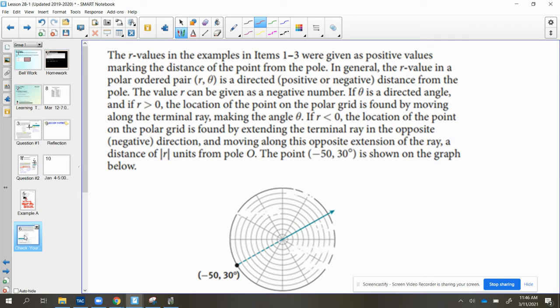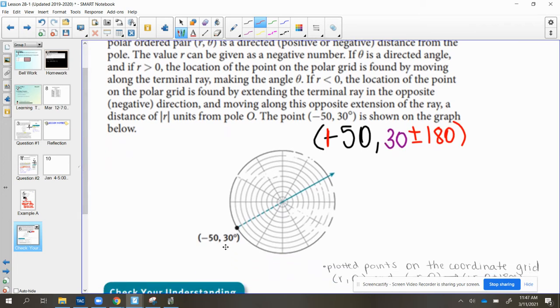All right. Now, last but not least, the last big thing for today is what happens if there is a negative in front of your R value. Well, in order to convert this from negative back to positive, you're going to take your theta value, and you can either add or subtract 180 to it to get it back to that location. So for instance, if I'm at negative 50, comma 30, that's the same location as being at positive 50,